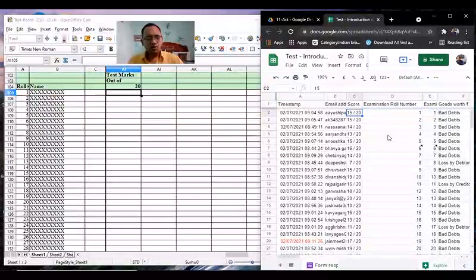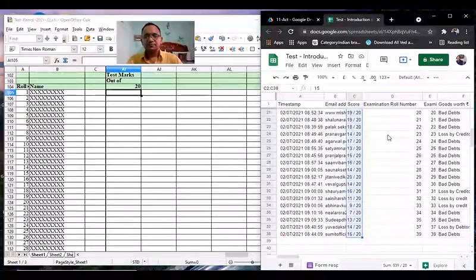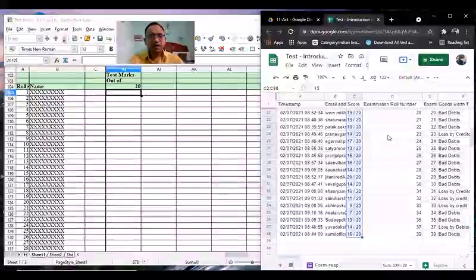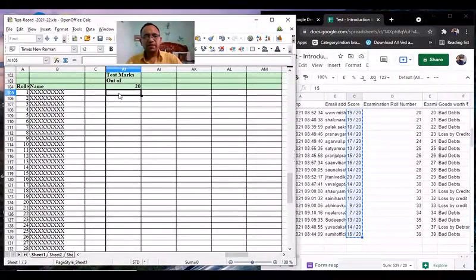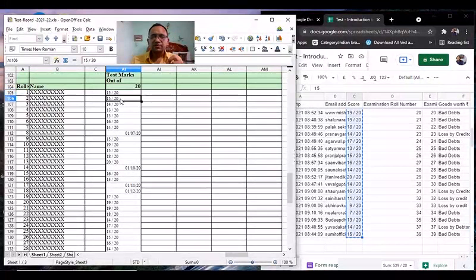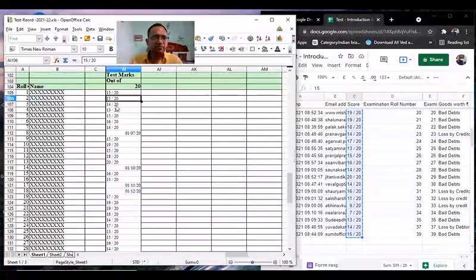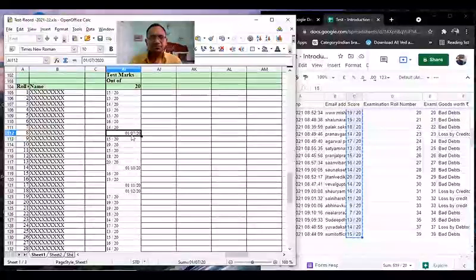Now I copy the data in the score column. I select all the cells in this column containing score. I press Ctrl C to copy. Now I go to the spreadsheet where I want to paste this. I press Ctrl V to paste it. Now you see, in some cells the values are coming as they were in the Google spreadsheet, 15 by 20, 14 by 20, but at some places it is recognizing the values as date because a slash is in between. I do not want this.